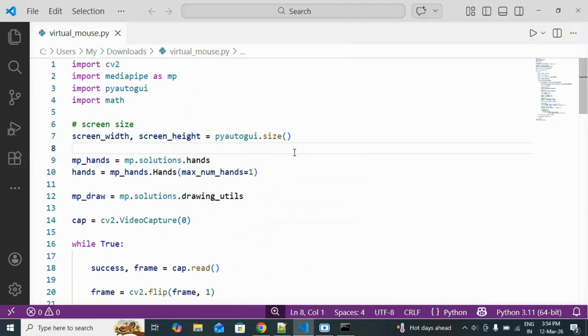Today the topic is virtual mouse. It's an AI based program which I have designed for you, and you can see all the libraries which you need to install have been written in the first three lines. That is OpenCV, MediaPipe and PyAutoGUI. These are the three libraries that you basically need to install with the help of pip commands in your local